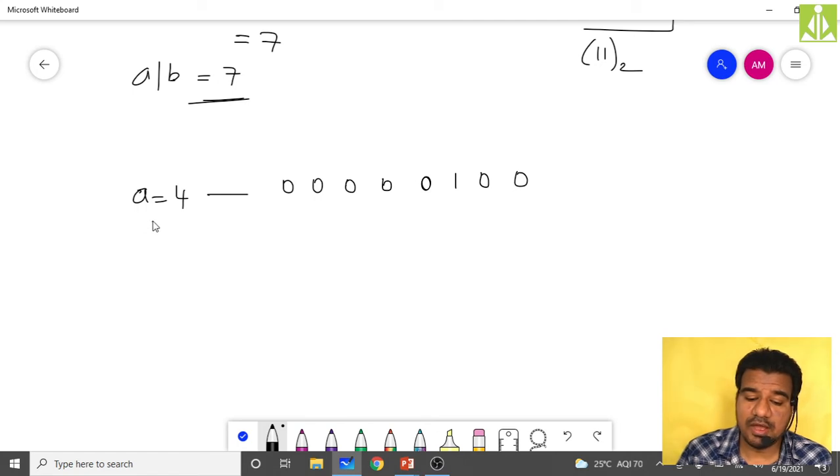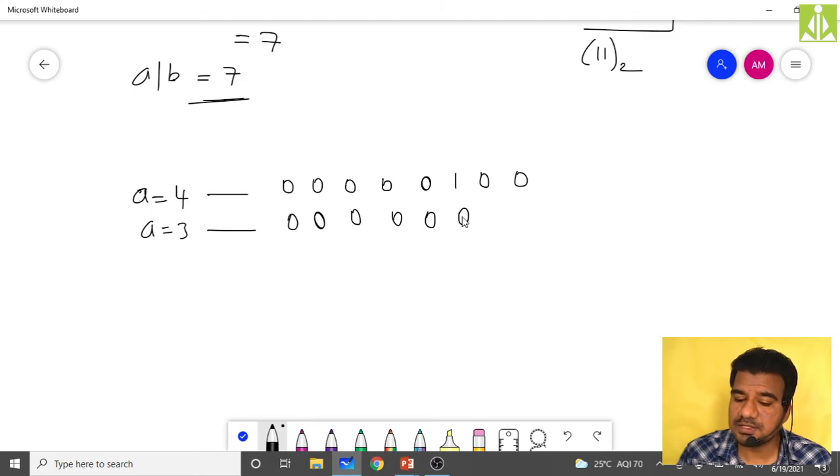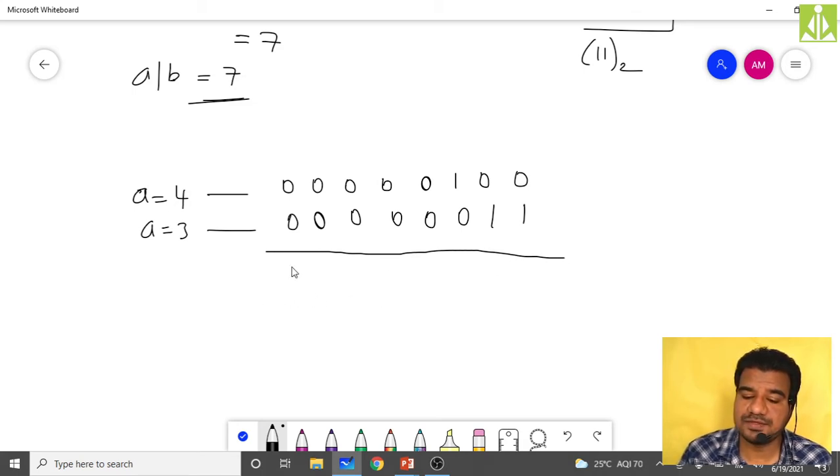Then the B value you take is 3 and convert that number into binary: 0 0 0 0 0 and 1 1. Whenever you have different bits you get the result 1, and whenever you have the same bits you get the result 0, isn't it? Over here we have 0 0, so you will get 0 only.